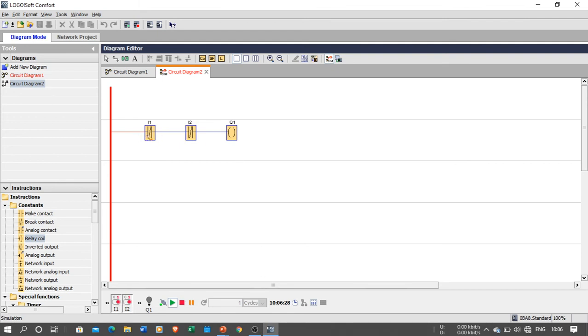Now when I1 is 1, I2 is 1, Q1 is 0. You can say that I1 is 1, I2 is 1, Q1 is 0. Now I1 is 0, I2 is 1, Q1 is